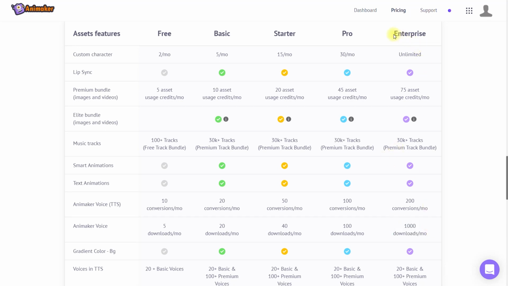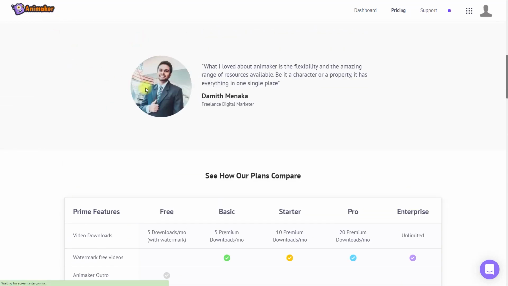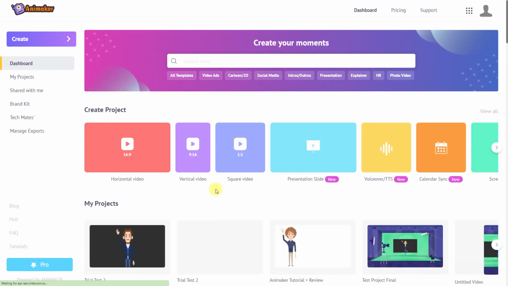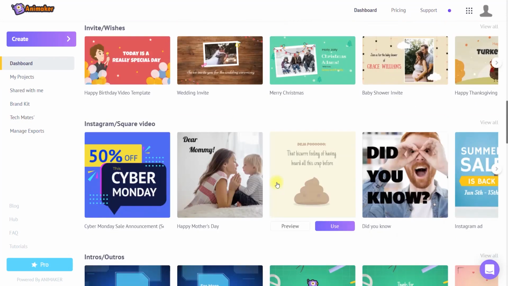I'm shocked that even the enterprise plan doesn't have unlimited downloads per month, but anyways, this was the last main difference. Personally, I think Animaker is a great option for basic and simple animation videos where you don't need complex animations and movements by different characters and objects. It's good for classroom animations and simple explainers, but if you want complex and detailed animations with multiple keyframes or personalized movements like storyboard animations, I don't think it's the best tool out there.